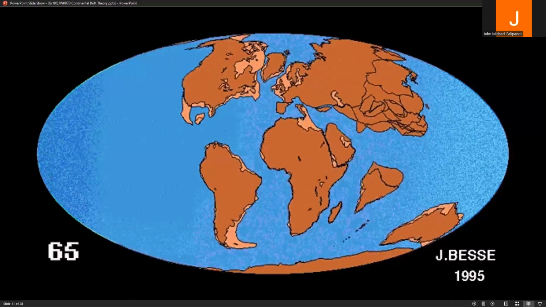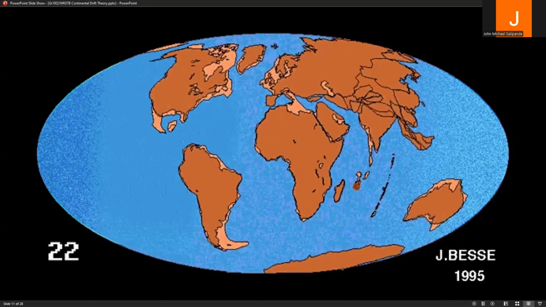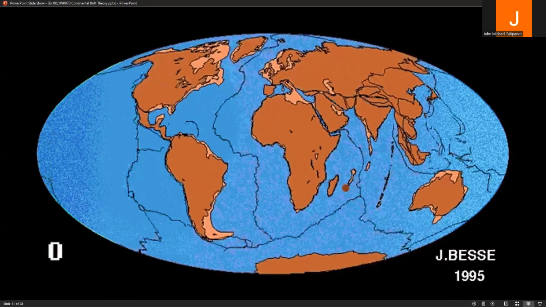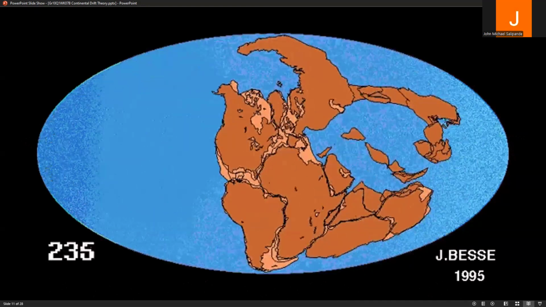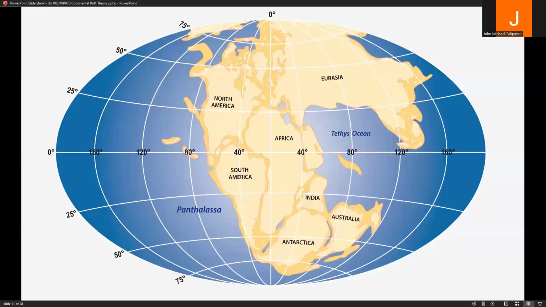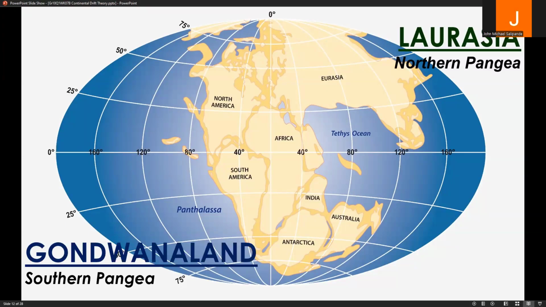continents that are placed at the north remain mostly at the north, except for India, which transferred very far. While most continents that were originally at the south either stayed at the south or were positioned at the middle. Okay? So before Pangea split into the seven continents that we have now, it was first subdivided into two subcontinents. Those two are Laurasia, the northern Pangea, and Gondwanaland, the southern Pangea.